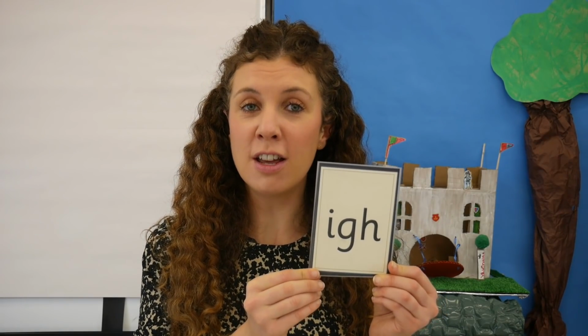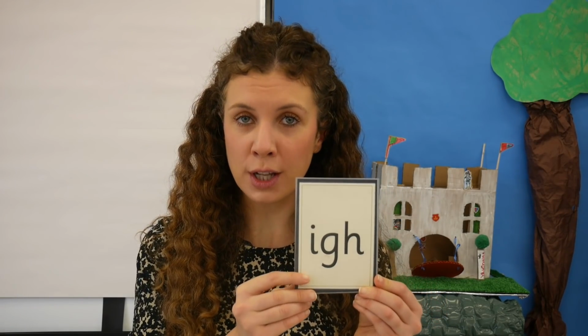Let's sound talk our final word. Copy me. Say the sounds, then blend the sounds to say the word. T-ie. T-ie. Your turn. T-ie. Tie. Look at this stripy tie. We know the sound I is written like this. Today, we are learning that the I sound can also look like